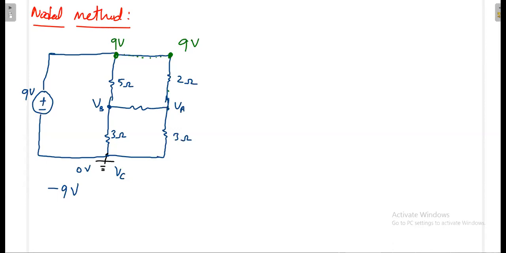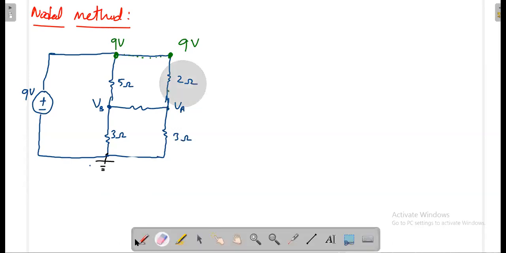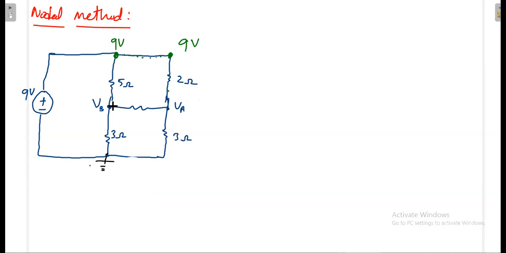You will have that kind of confusion, but for a moment just take it as 0 volt. Later it will be very clear to you why you should not take minus 9 volt here. At this moment, assume that only if it is a ground you take 0 volt. Now you can proceed. Once the nodal method is there, you go to the unknown node voltages. These two node voltages are the unknown node voltages. You first go to this node A.